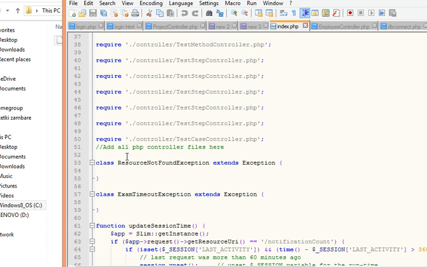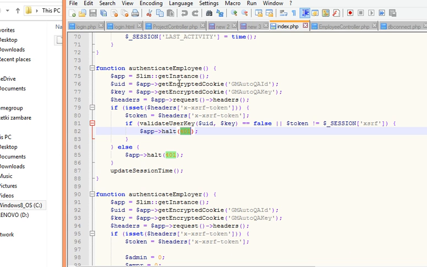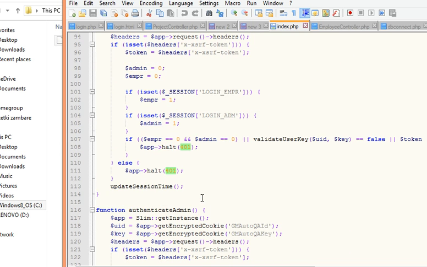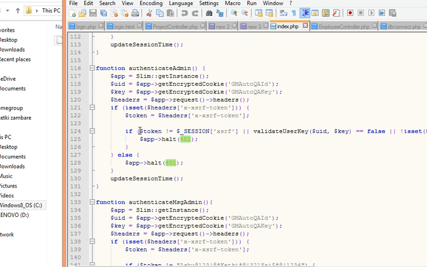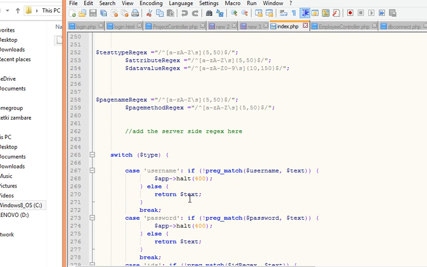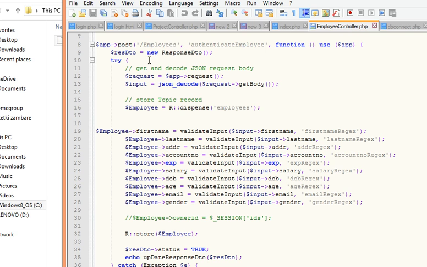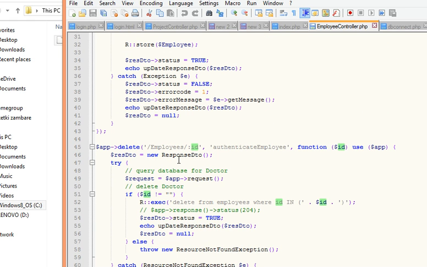Before that you need to create the controllers of respective domains, and then include that, create a class for resource not found, and then you can create the middlewares like authenticate employee, authenticate employer to authenticate the users and their roles. Then you can create the validated input by using regular expressions, and then create the respective controllers. In those controllers, the post method creates the respective domain objects, for example employees, then delete with